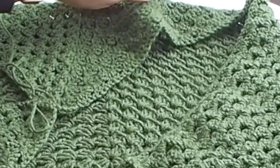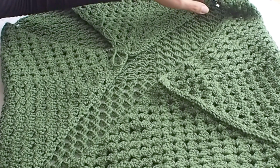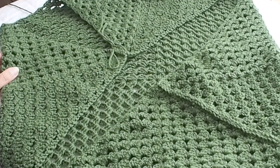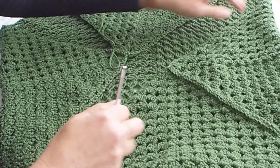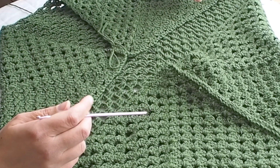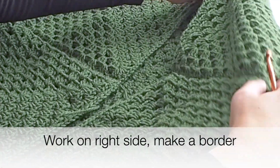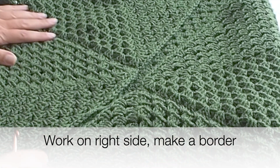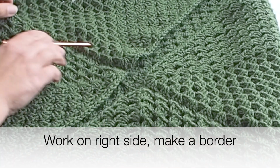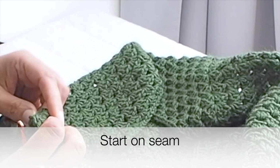Let me show you now how to create the border, the collar. So keep the cardigan still folded. Grab the middle of the long side and open it, and we will add a border to our neckline opening. Use a 5.5mm crochet hook, and now work on the right side to make a border. Start on the seam, rejoin the yarn,